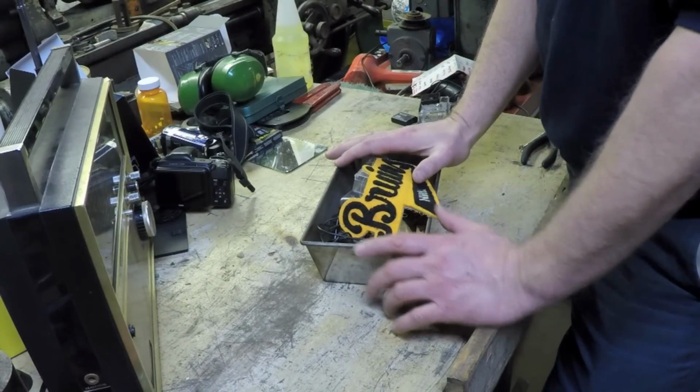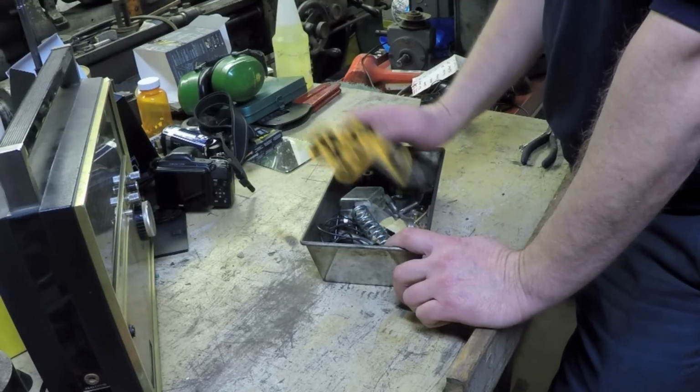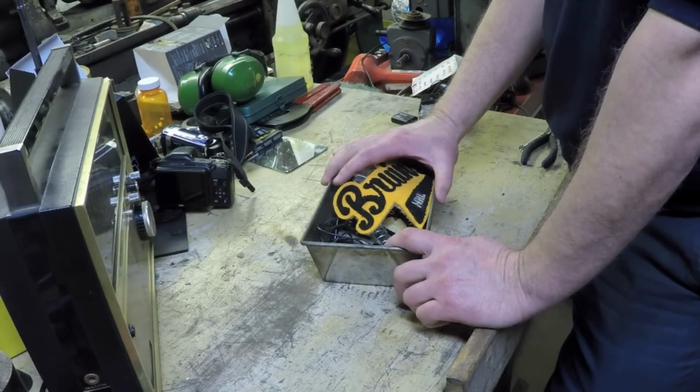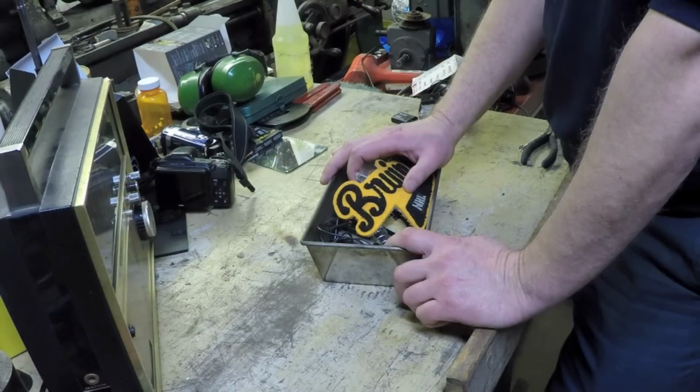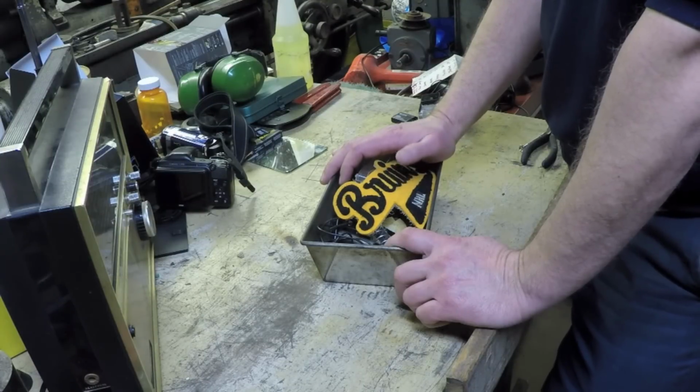Hey guys, going to do a quick little flea market finds. This is going to be just a little box of junk I got at the flea market a couple of weeks ago, and then we're going to go into some Craigslist buys that I actually made immediately after the last